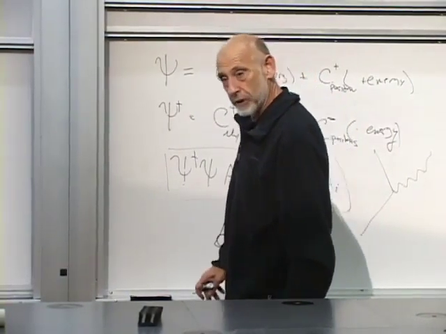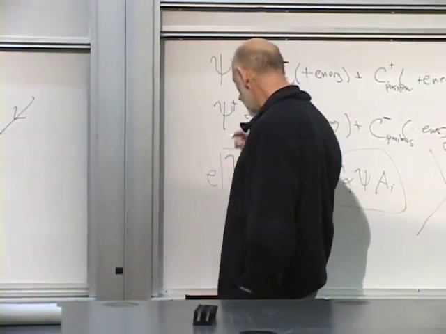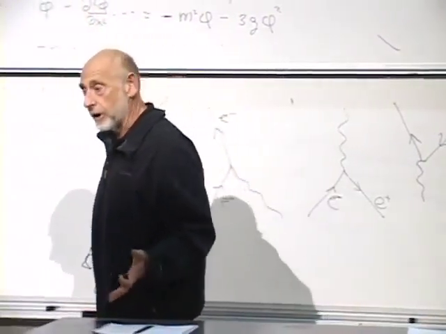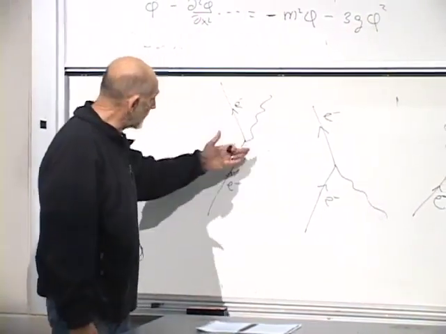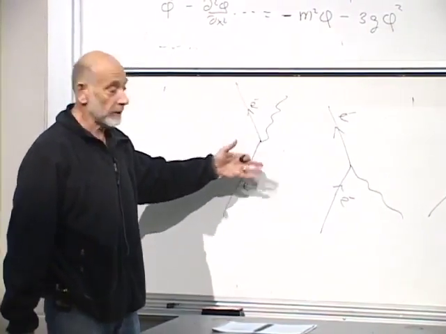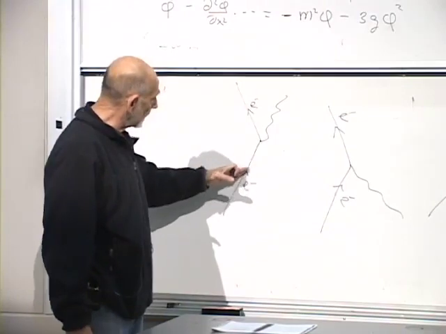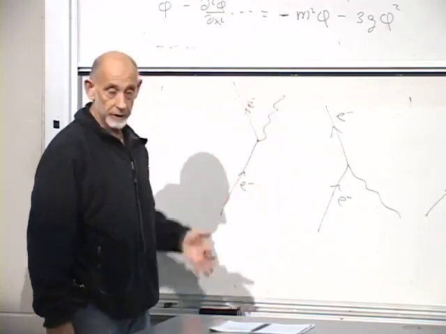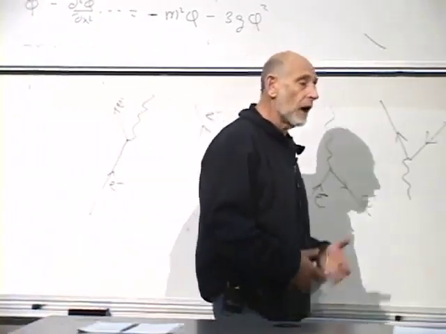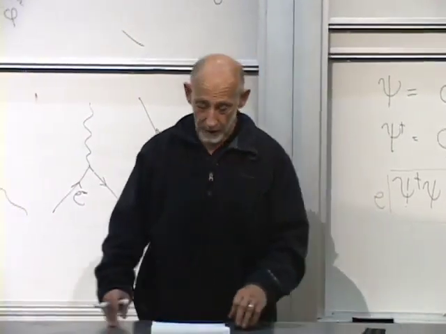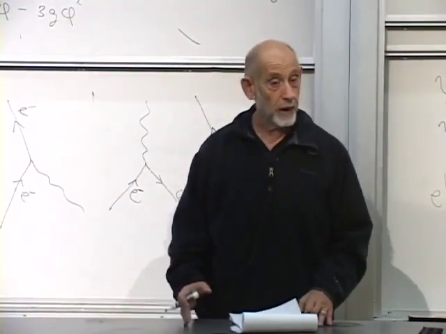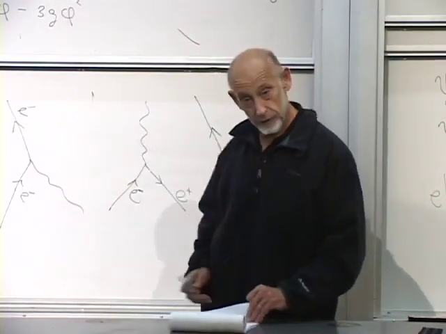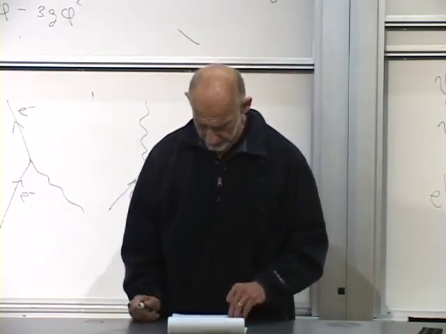Well, no, it's not the fine structure constant. It's close. It's just the electric charge of the electron. What is the electric charge of an electron? The electric charge of a particle is basically the amplitude. It's the square root of the probability that an electron, when it scatters, emits a photon. An electron at every point along its trajectory can emit a photon. The probability per unit time along the trajectory for it to emit a photon is the square of the electric charge. So the electric charge is the square root of the probability. It's the amplitude for the photon to be emitted.